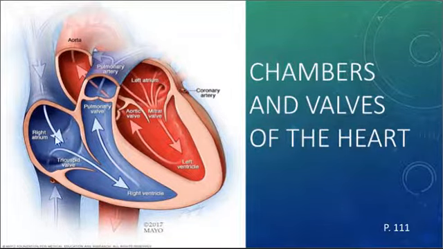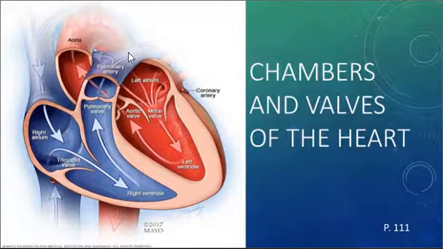Then it goes through the tricuspid valve into the right ventricle. The right ventricle receives the deoxygenated blood from the right atrium and pumps it through the pulmonary valve